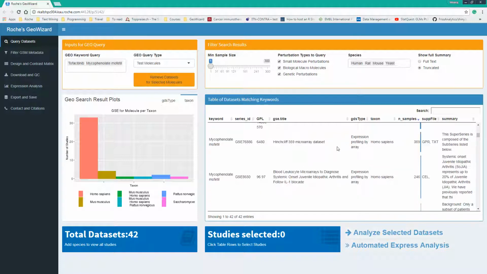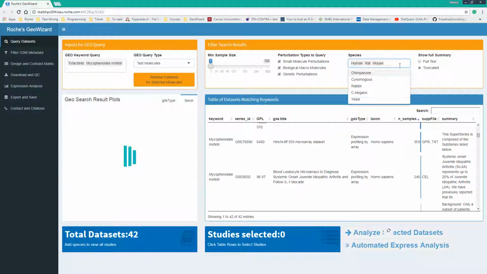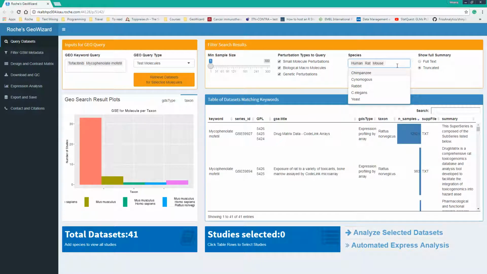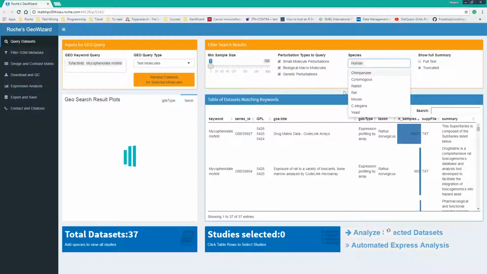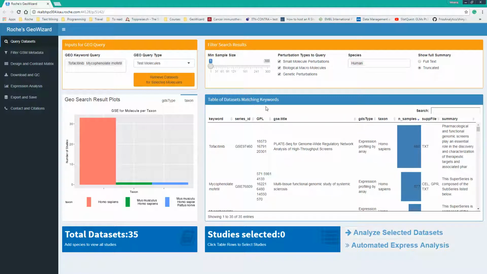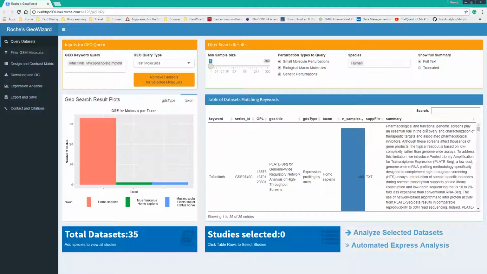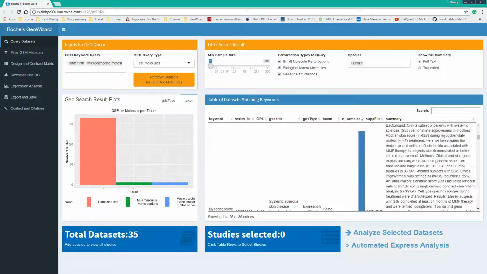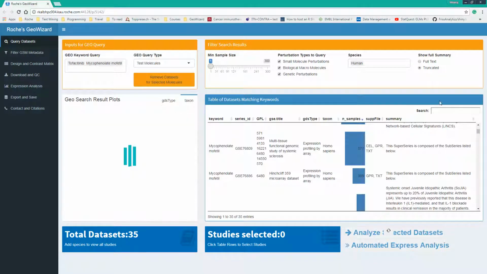Maybe you're simply not interested in knockout studies, so you can just filter those out. You can also specify certain species that you're interested in. And then you can also look at the full and truncated summaries of the studies